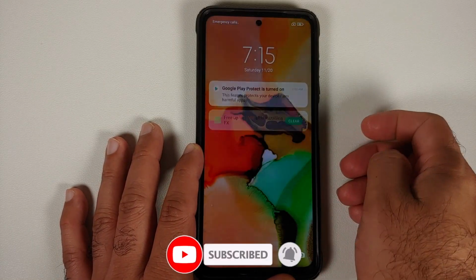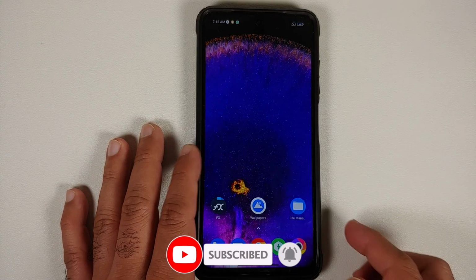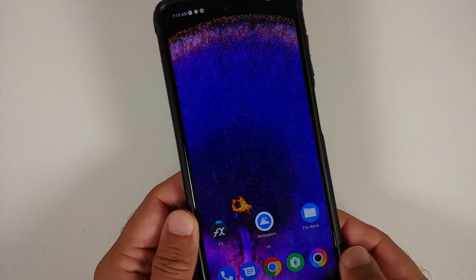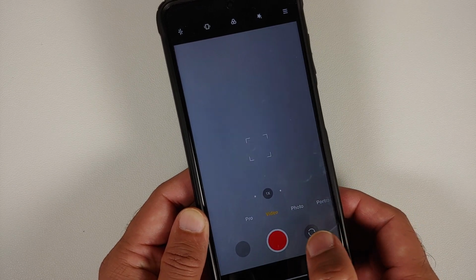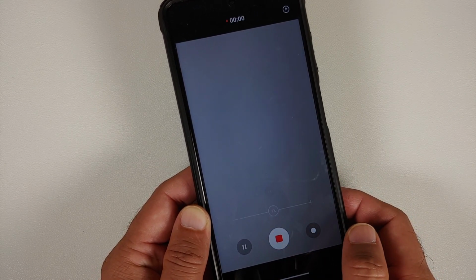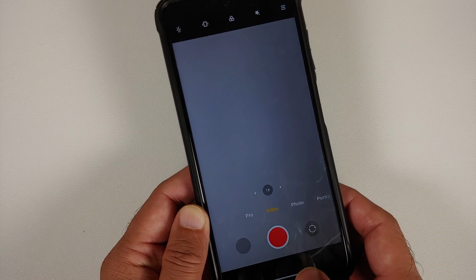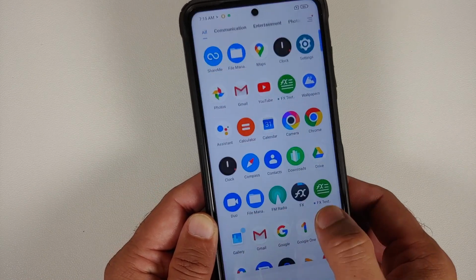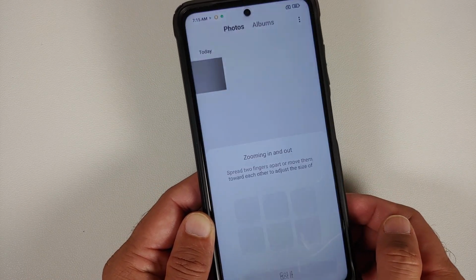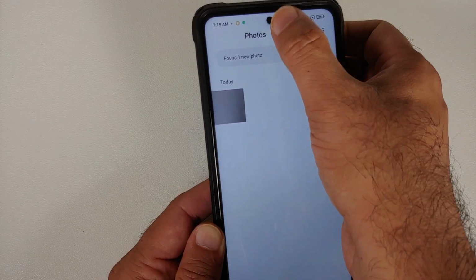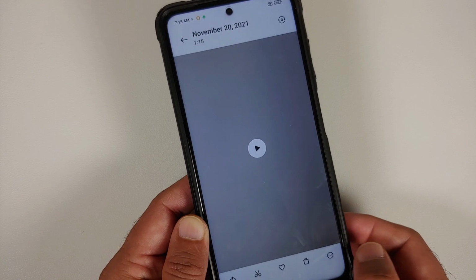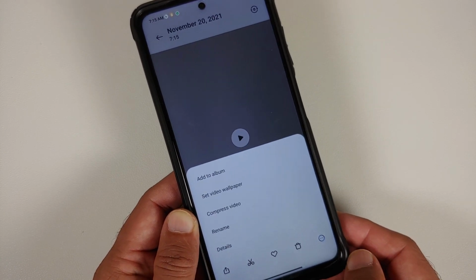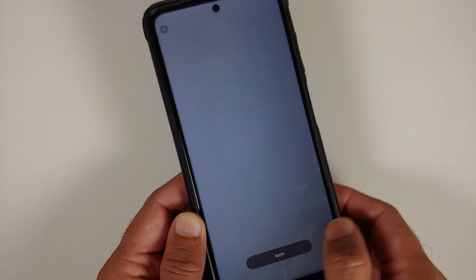Let us try out the lock screen. So the lock screen wallpaper did not change, and this is an issue with MIUI. Let us go ahead and open the camera application, go into video mode. Record a small video of any duration, 1 second, 2 second, whatever is good for you. Then go ahead and open the gallery application, and herein go to the albums section, and then you can go into videos, select the video you just recorded, three dot menu on the bottom right and say set video wallpaper,